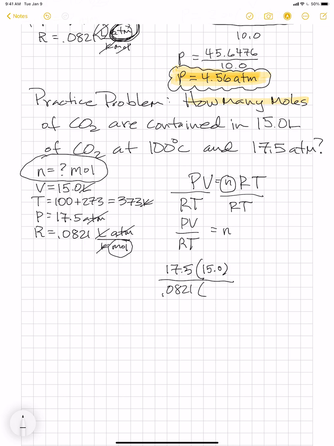And T, temperature, is 100 plus 273, which is 373, right, guys? Am I doing that right? Yeah, 373. All right, and that should be equal to N. So get out your calculators. I've got mine out. Let's do the math together, okay? So when we multiply the top, we know that we get